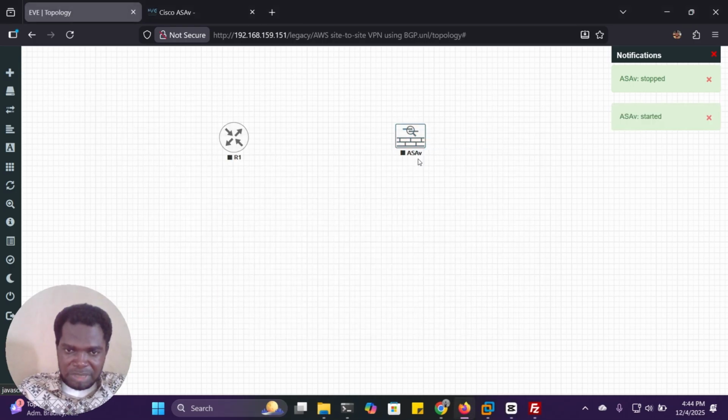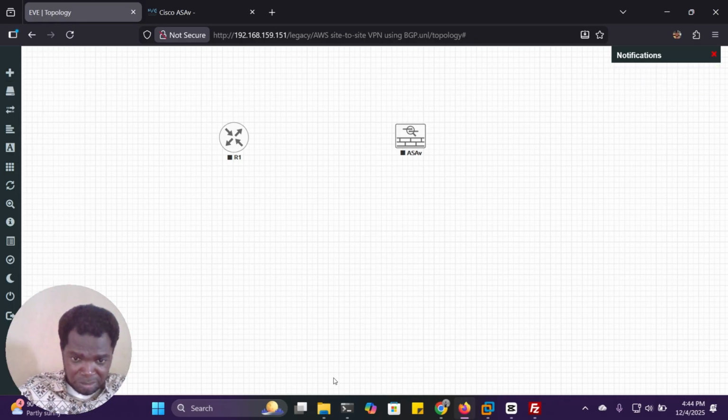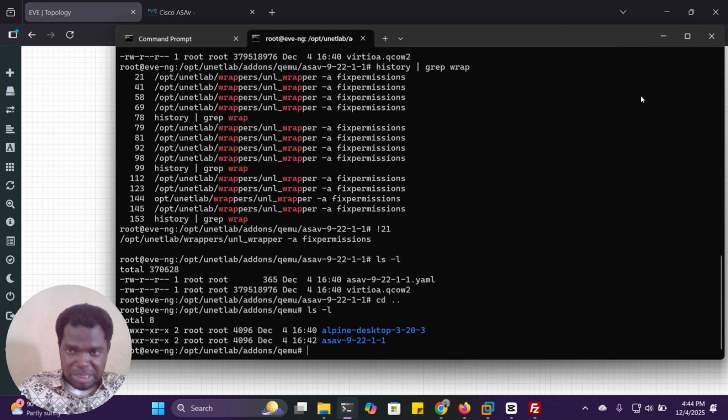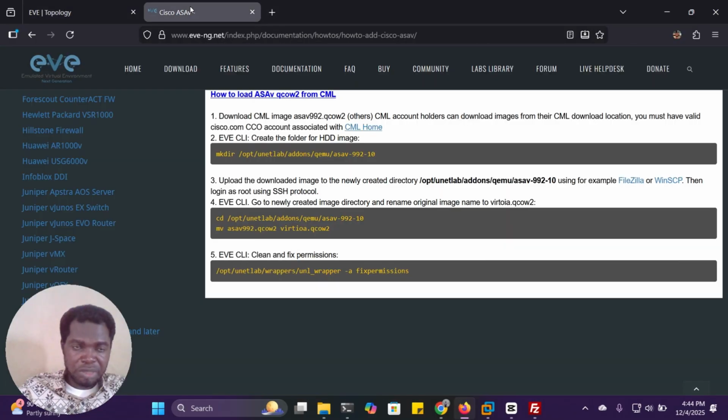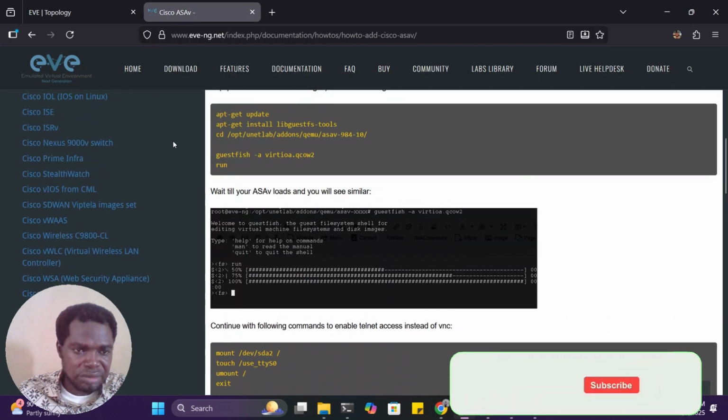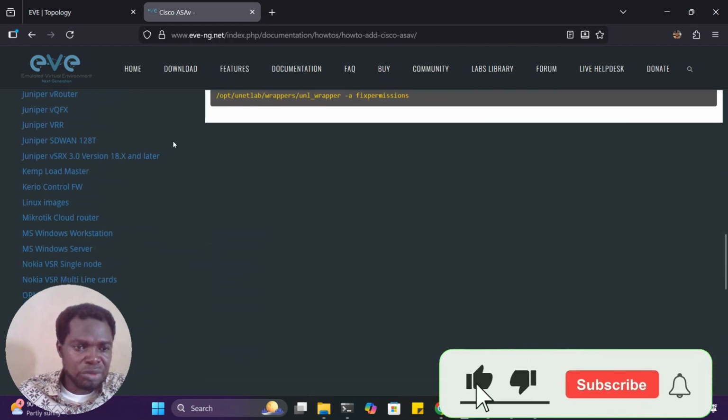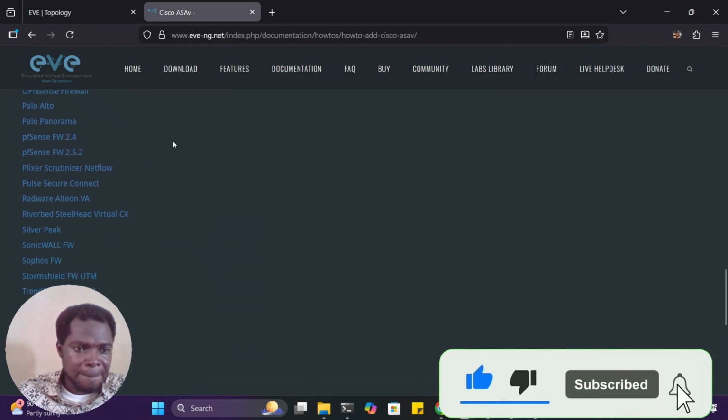So that's what we are doing. We are taking it one step at a time. We import one image, we test it, verify it's working. We go do the next one, verify it's working. Okay, so the last image now is the Alpine Linux. So we come here, go back to our documentation, how to create image. Then I'll scroll down because it is in alphabetical order.